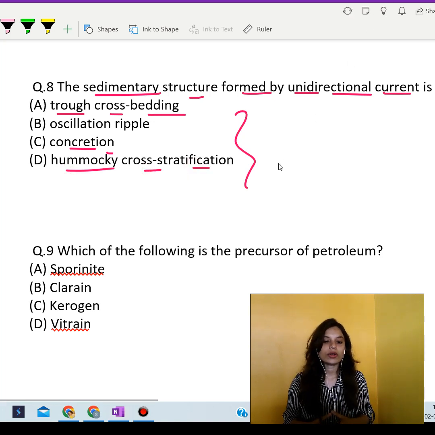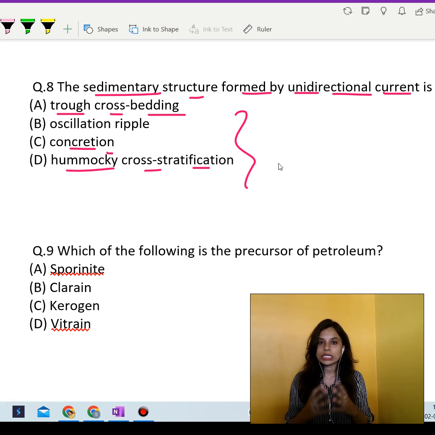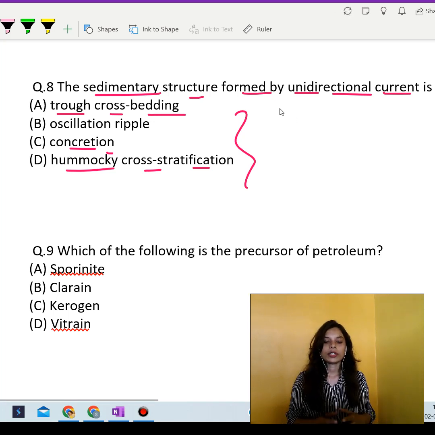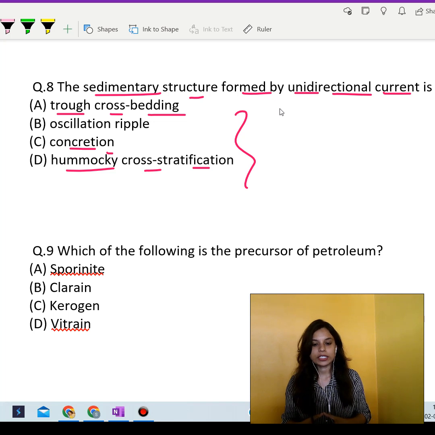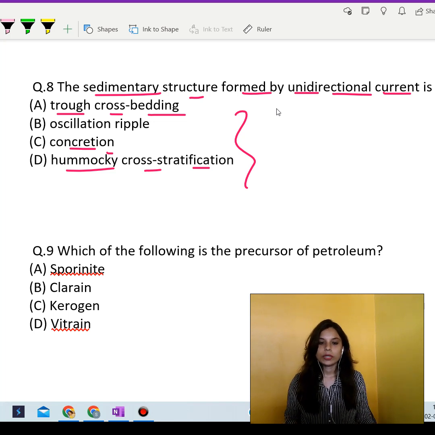In hummocky cross stratification, what happens? It is actually formed by the action of storm waves or turbulent currents in marine environments. Now, it typically lacks a consistent directional orientation and is not strictly indicative of unidirectional currents. Okay. Now, based on the discussions that we have just made, we can go with trough cross bedding as the